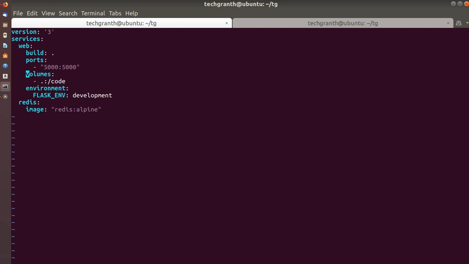So we can just make code changes here, and it will automatically make the code changes within the container.